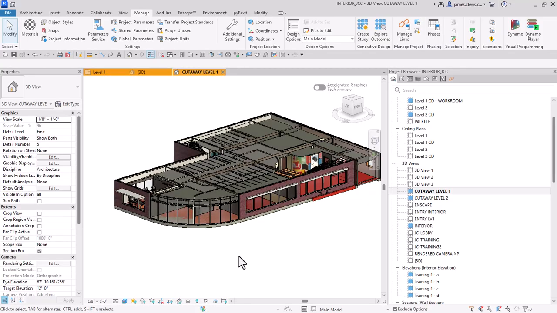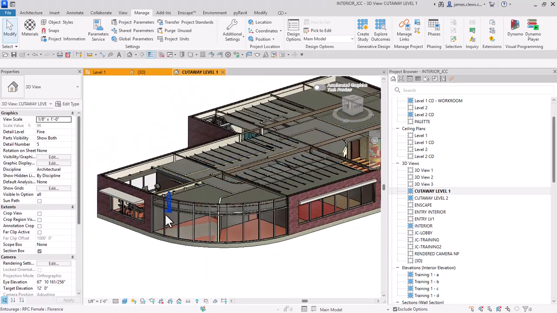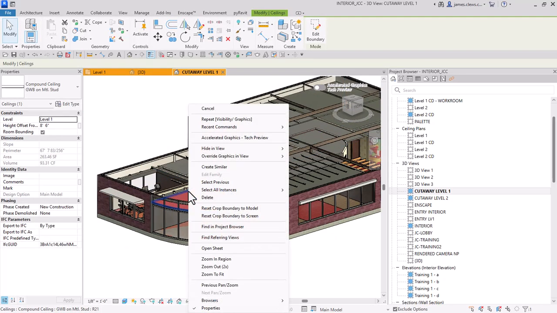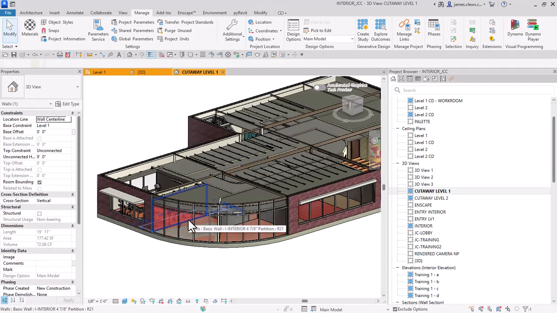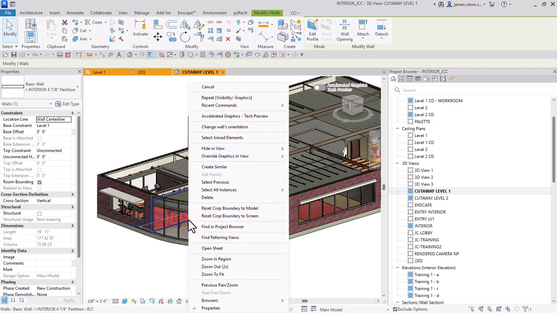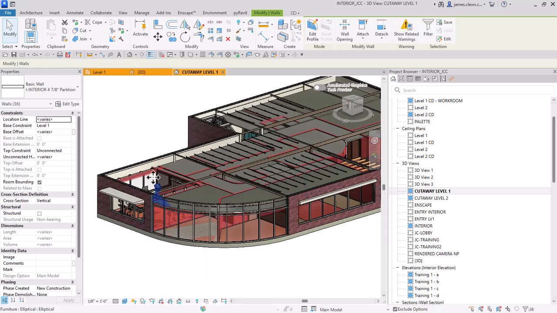And the idea of this would be that if I'm working on a view, I can right click. I could do it for walls, I could do it for ceilings, but if I click the interior wall and I say select all instances visible in this view, I'm getting 36 walls, and I can see that they go from level 1, they are unconnected, and for the actual height,